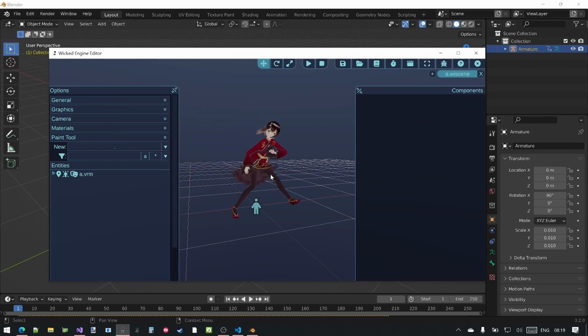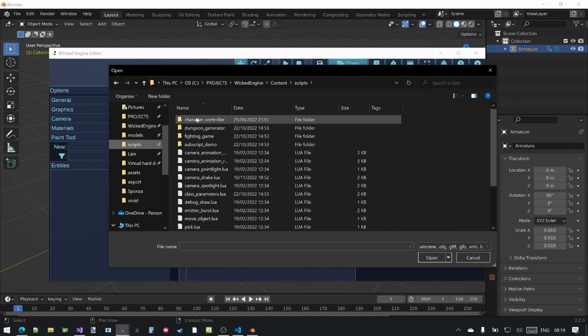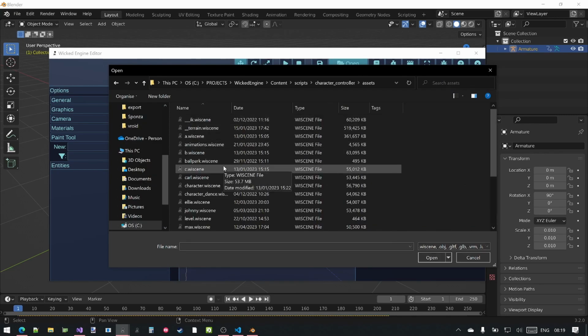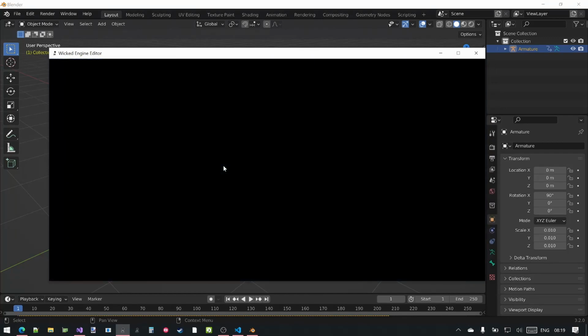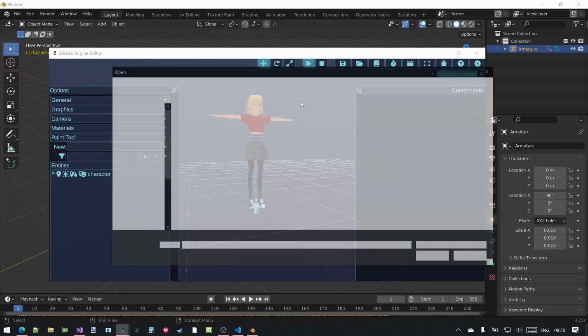The character model, the character controller for example, uses the runtime retargeting solution. We can verify that by just closing this and opening the character model from the character controller script, which is called character.wiscene. If you filter for animations in this model, you can see that there are none. But if you open the character controller script,